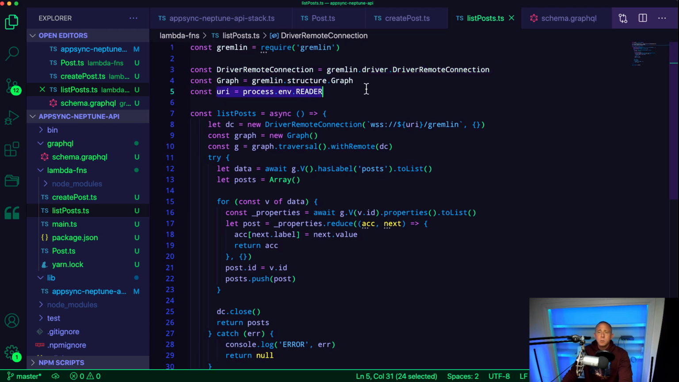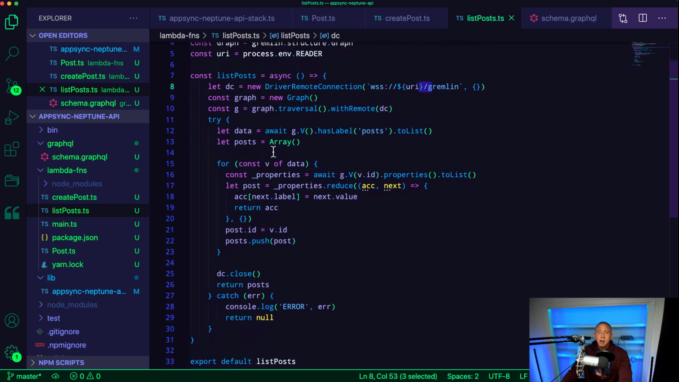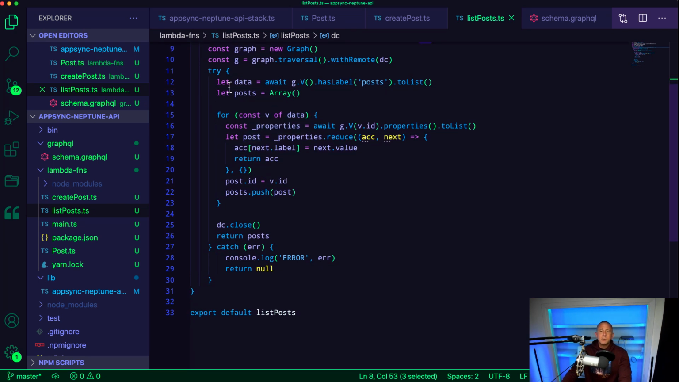We have all these imports. We're also referencing the URI. We're creating this constructed URI using the WSS and the URI and the /gremlin. Again, all this stuff. This is a lot different though, because we're going to basically be first calling and getting